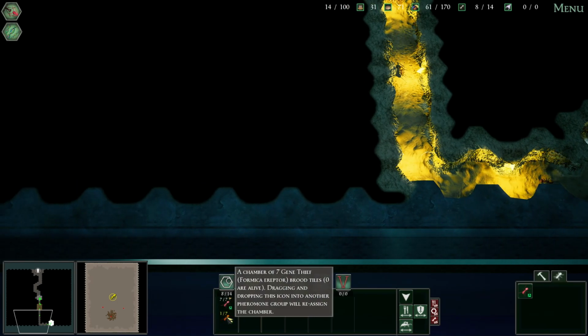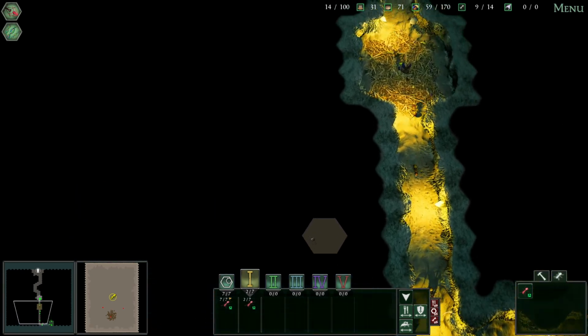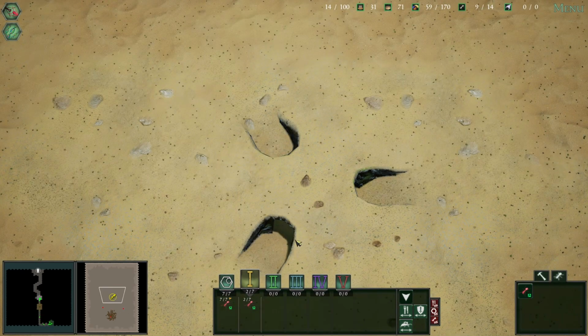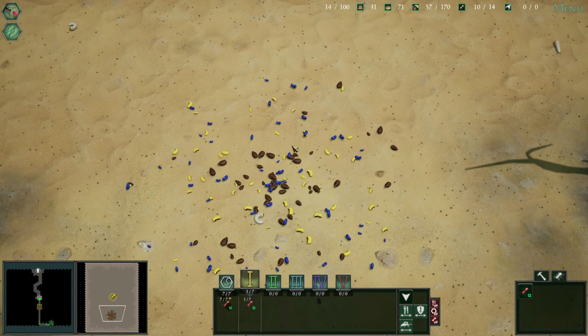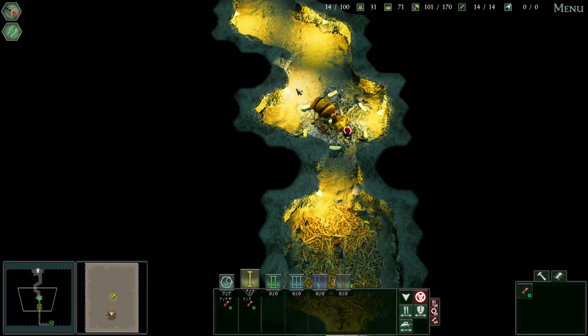0 of 7 are hatched. What I'm going to do is move them into pheromone group 1. And then I'm going to go over here. I'm pretty sure there's a hotkey for it, but I'm going to go over here to the surface, and I'm going to tell our pheromone group 1 to go and collect food. Then I'm going to go back down below. And I'm going to